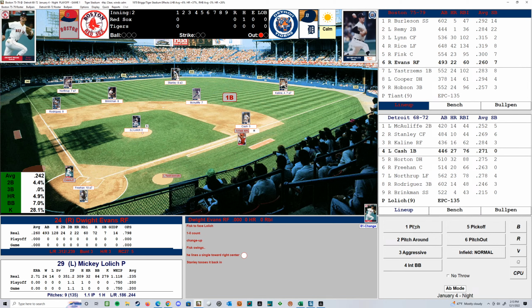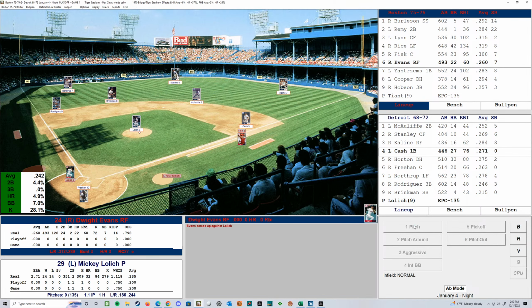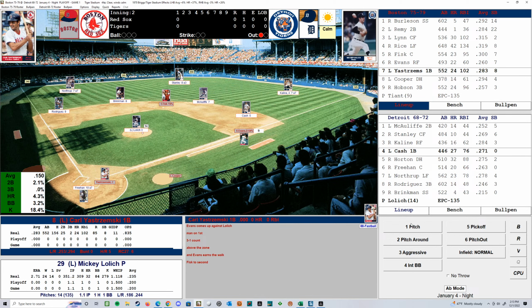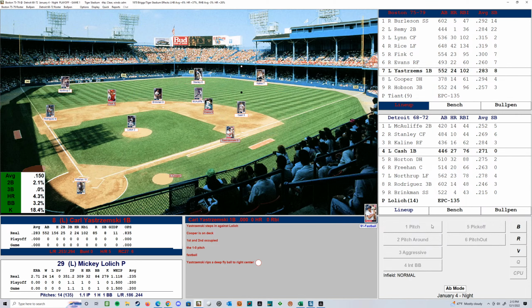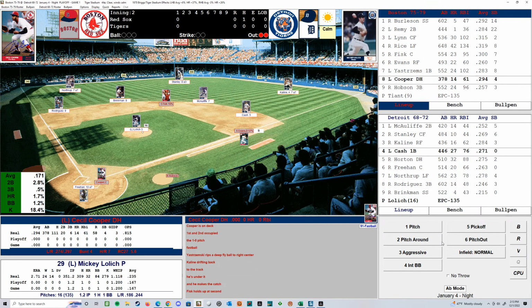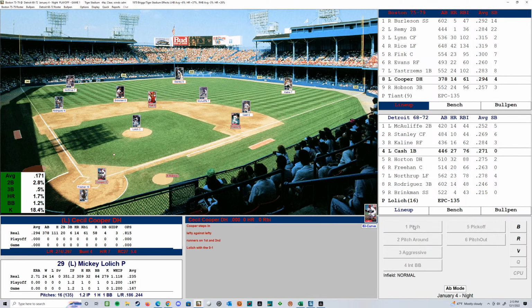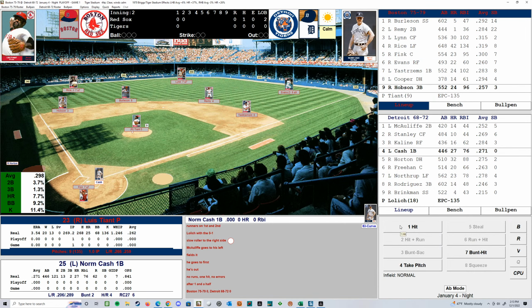Base hit for Fisk. So we got a runner on for Dwight Evans. Ball. So we've got a walk. 2 runners on. Little threat here for Mickey Lolich. Lefty on lefty matchup. Got a high fly ball out to right field. Looks like Kaline's got it. Gets the ball in. So maybe Lolich can get out of this inning without any damage. It's like a ground ball to McCullough. He's got an easy out to first. So, no runs and hits for the Tigers.